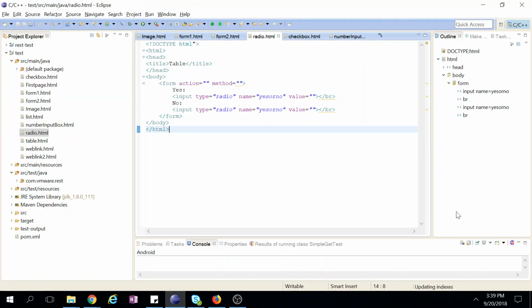Hi guys, so in this section we'll discuss radio buttons. A radio button is nothing but an option where only one can be selected. To define a radio button we have to use the input tag, and the type should be radio, and name is the name of the radio button, and value we are not defining right now, but it will be used when